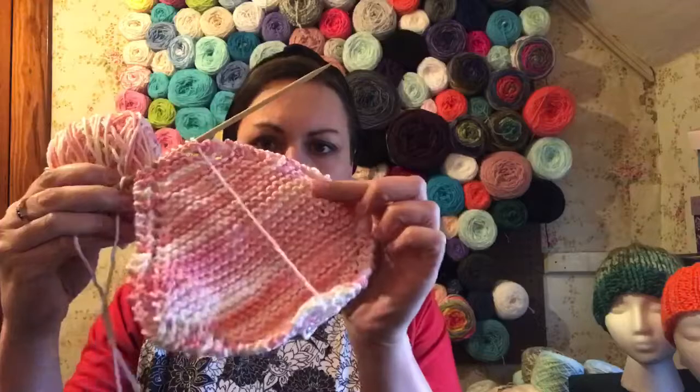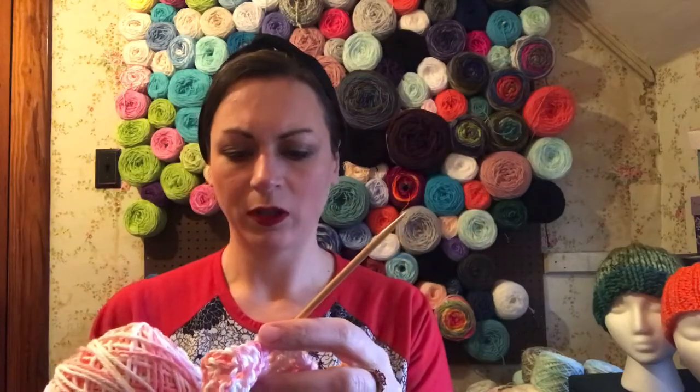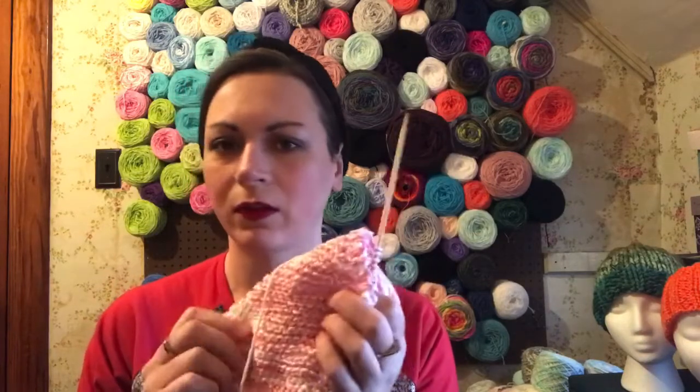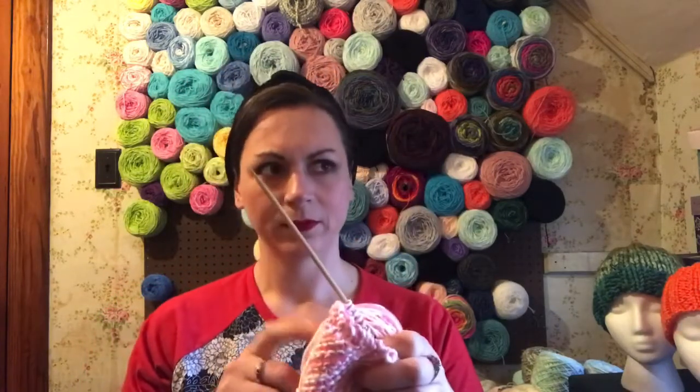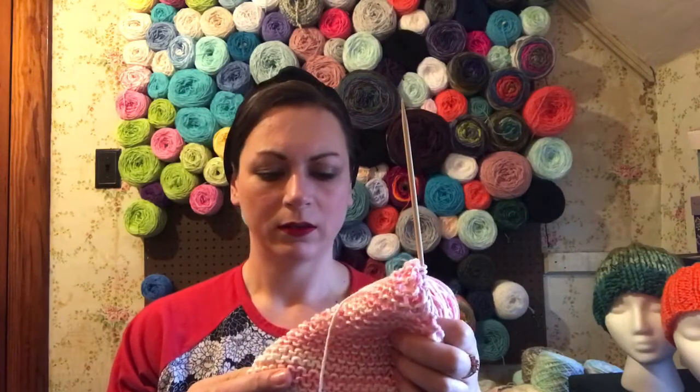And for things that I'm working on, I am almost done with this little washcloth. I have probably about 5 more rows to go. Then I'm going to start up another one and get that done today. I love these. I think it's Lily's Sugar and Cream, and